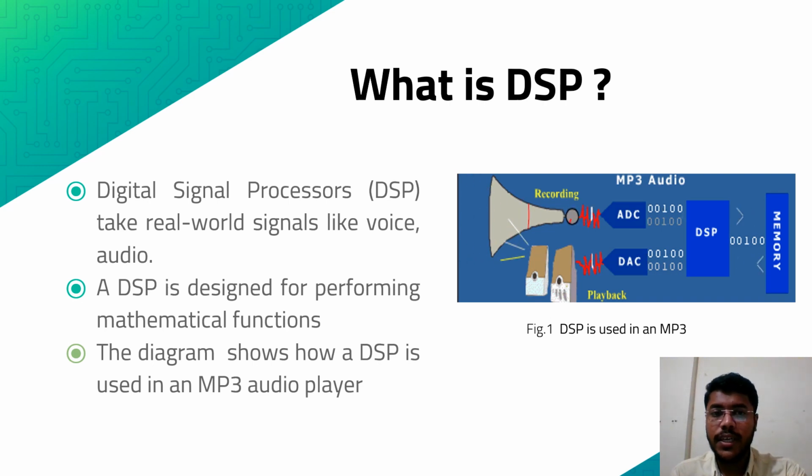Here we see what a DSP is. A digital signal processor takes real world signals like voice audio. In this diagram, we can see it takes real life audio or records it. After recording it, it applies ADC on it. ADC means analog to digital converter. It converts analog values to digital values. After conversion, it stores it in memory, and after storing it, it applies